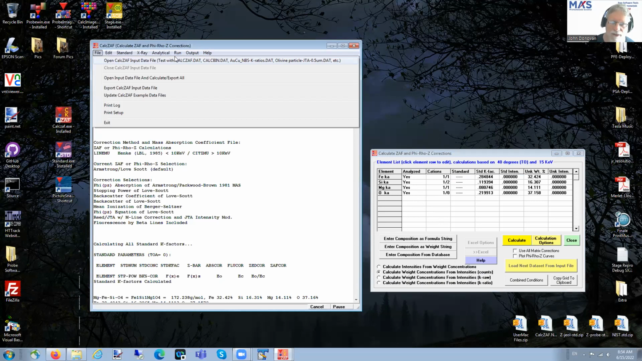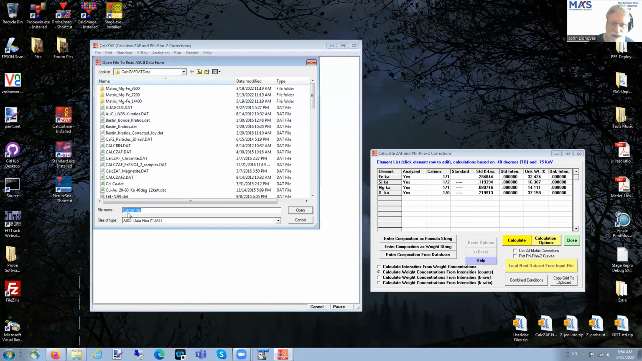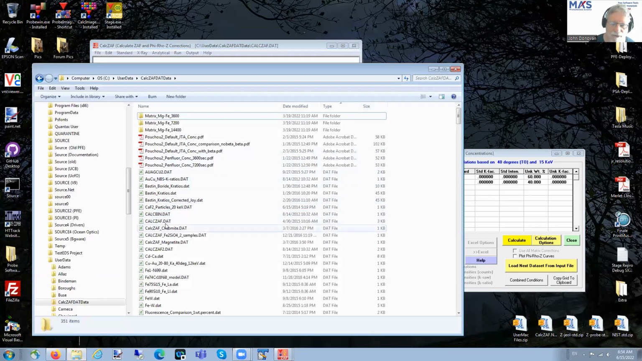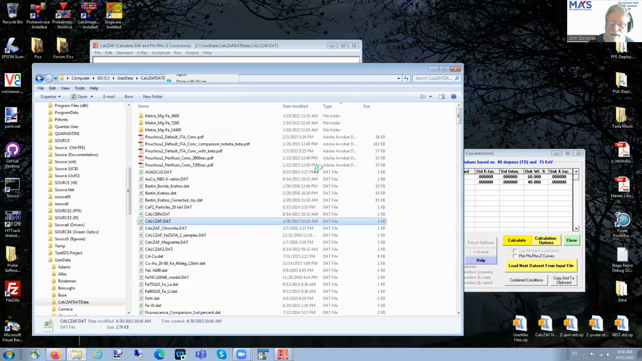of the file. There's a number of test examples here that you can play with. I'll just use the default, which is CalcZAF.dat. It's just an ASCII file. I can show you the format of the file. It's very simple. If we just open it up with a text editor,